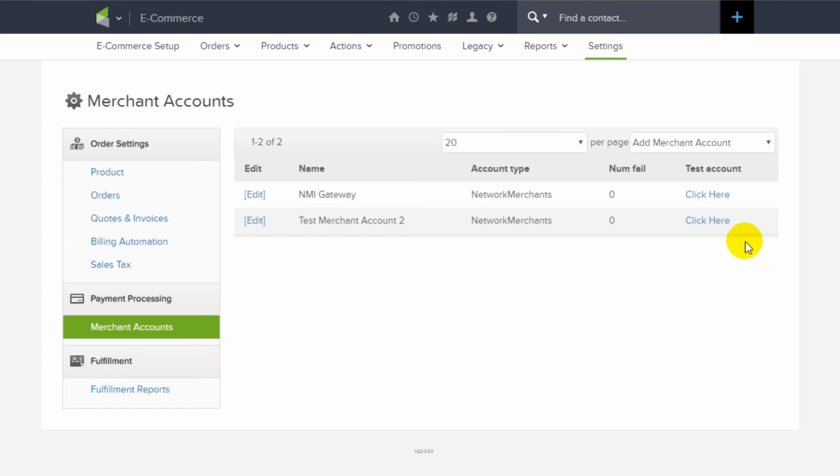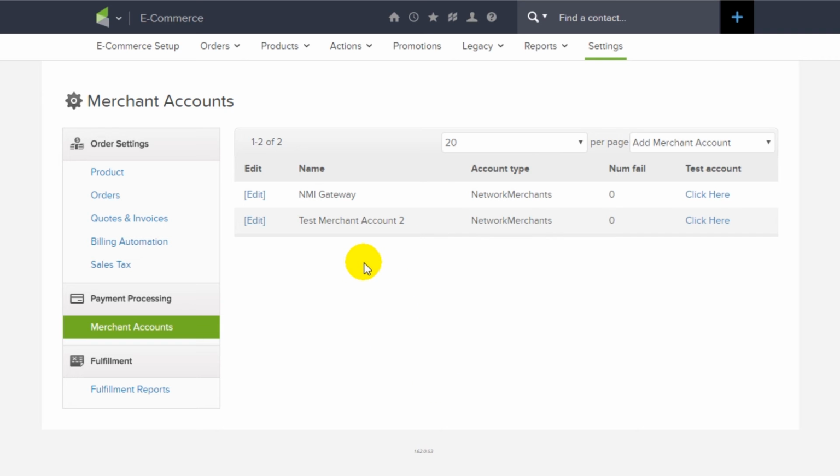So again, this is within Infusionsoft, and all we're doing is connecting additional gateways, so you could theoretically have more than just one gateway or more than one merchant account, and then you can set up different payment pages to get paid through different merchant accounts if that's applicable to you. So I don't imagine you'll probably have more than just a couple, but it is possible. Okay, now that we have the gateway connected, and that's really all there is to it. If you have the gateway set up and the merchant account ready to go, that's how you connect it through